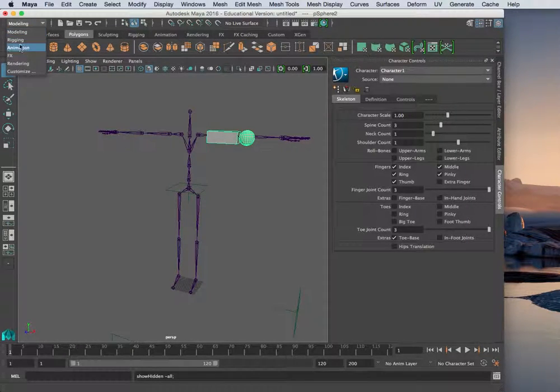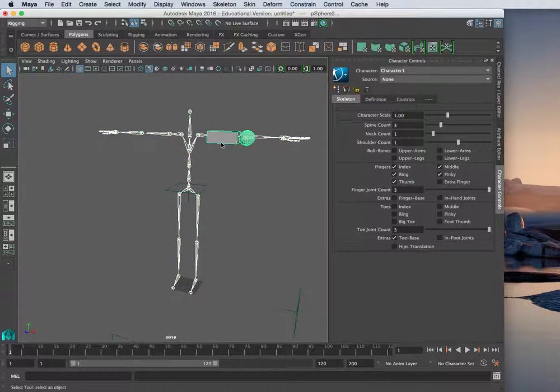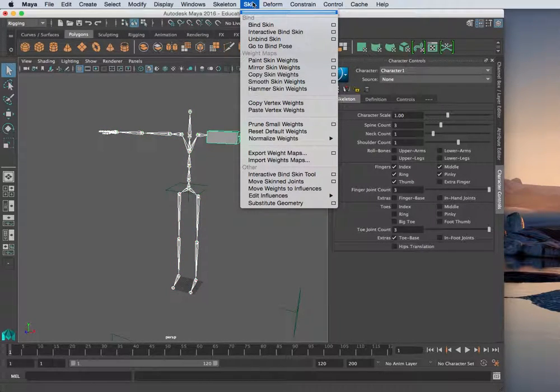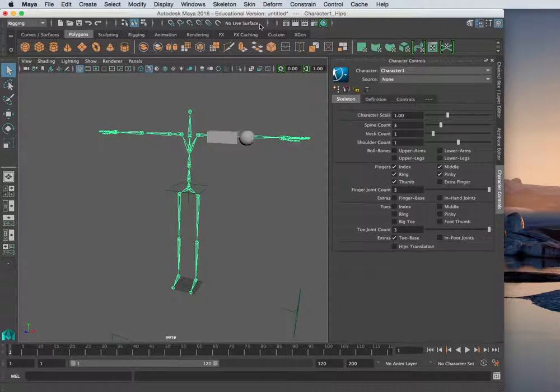Next we go to the rigging pull down menu. We select the skeleton and then shift click and select your objects, and then we will go to skin and bind skin. Once you bind the skin, we move over to the character controls here, and we're looking to apply what we call a control rig. So once I click on control rig,